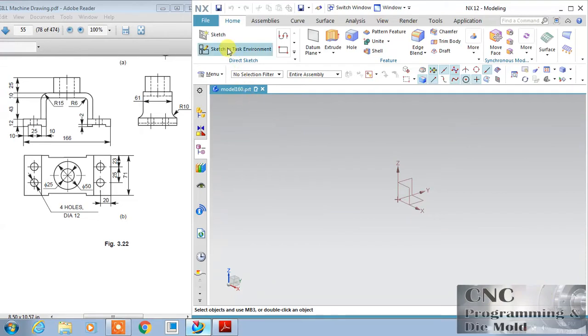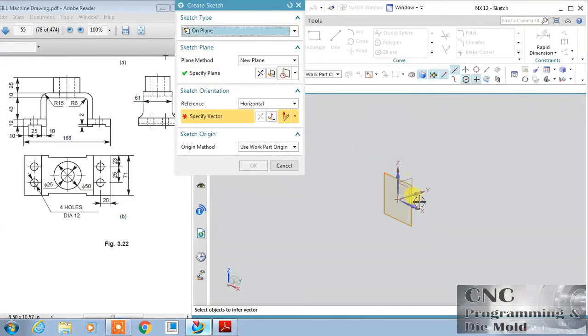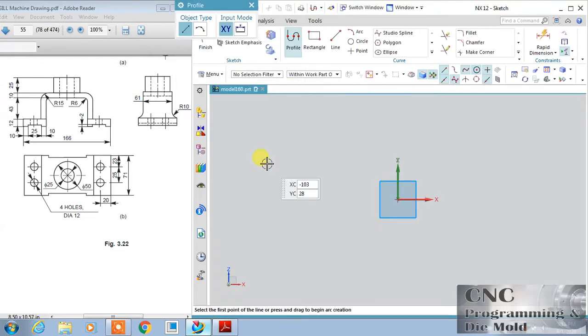So in NX we will start from the sketcher, select the plane and orient this, and we will start from that front view portion. Try to keep this center line in the middle, so it will be easier for us to create symmetrical geometries.